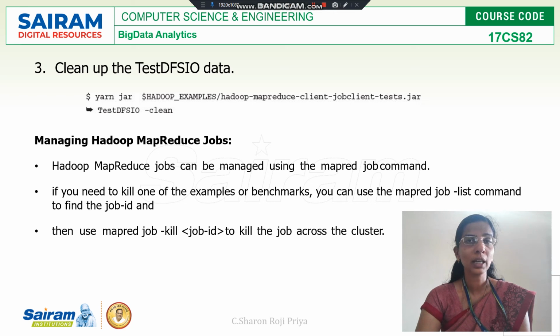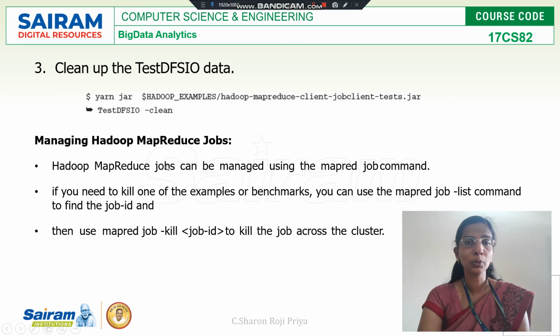First you can use the -list option, which will list all the MapReduce jobs with the job ID. Then pick the job ID of the job you want to kill. Then use the mapred command with the -kill option and the corresponding job ID. The job related to this ID will be killed.